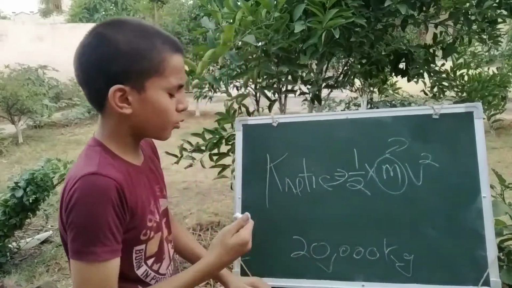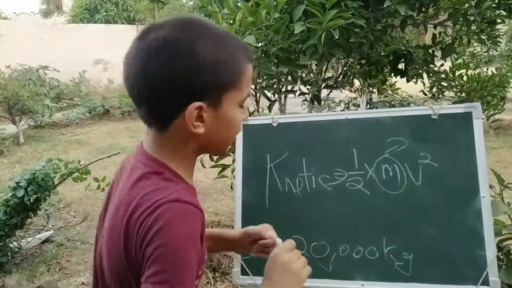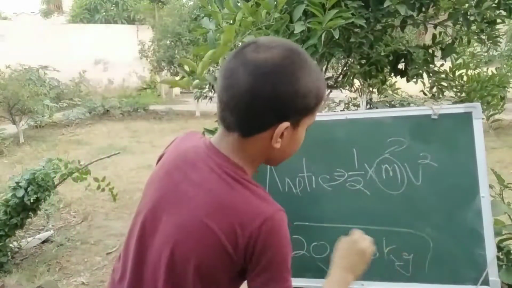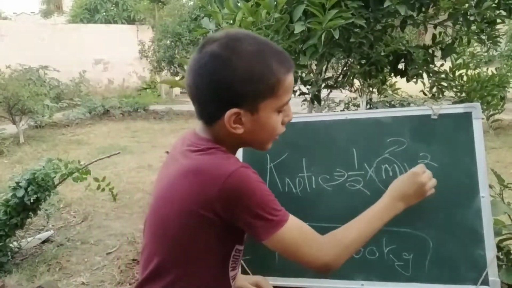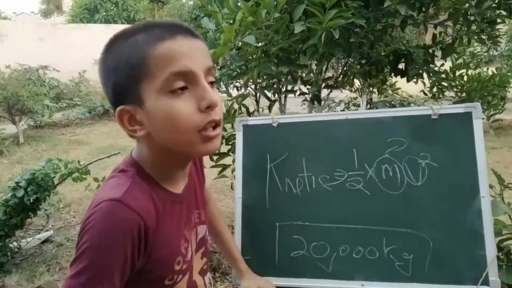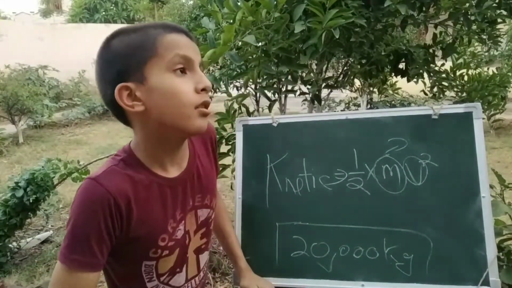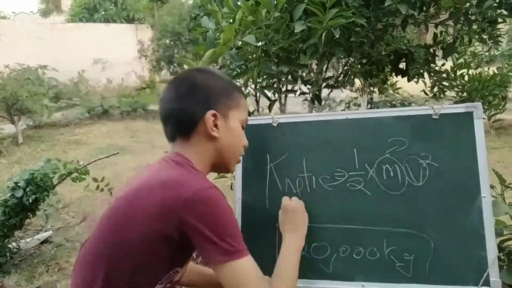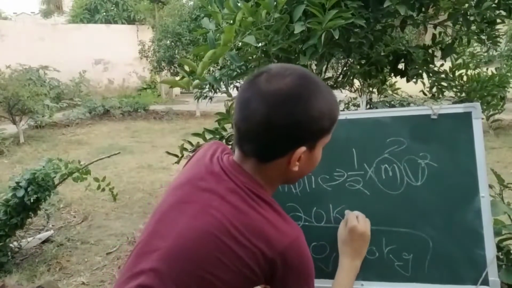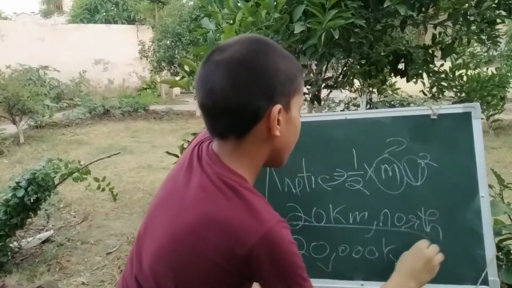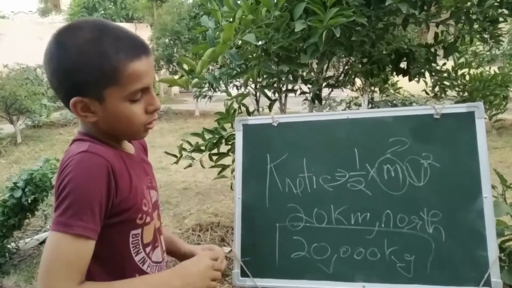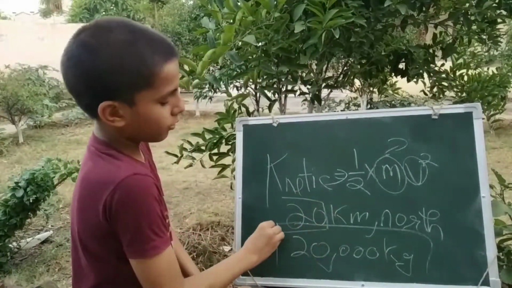Okay, so we say it's a truck. So its mass is 20,000 kilograms, and its velocity is 20 kilometers to the north. Okay, to the north. So we need to find out